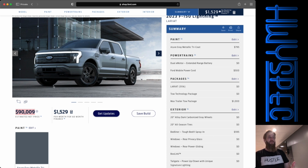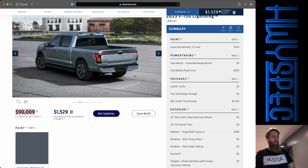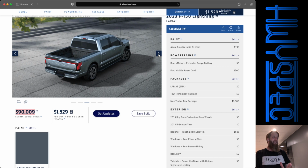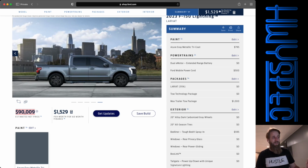Me personally, I would love to have the ventilated seats, which you can get on the Lariat. I do like the twin panel moonroof rather. I do like the power up and down liftgate, the Pro Power Onboard, all those nice features to have. I want it on this 360 camera. I still think I would go with it,